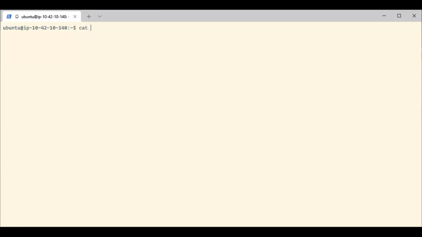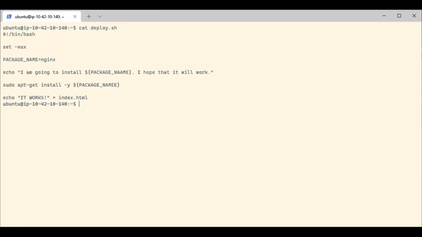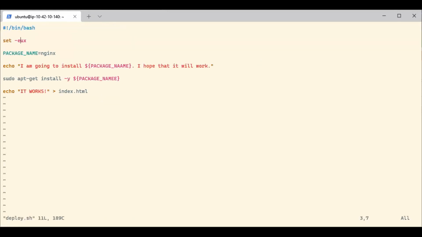Now that we have a little bit of scripting under the hood, we can actually start doing something a little bit more useful. We are going to edit the script. It creates an HTML file, and what we're going to do now is put that HTML file into the correct location for Nginx to serve that file. As it happens, the location for Nginx on this version of the Ubuntu package is going to be